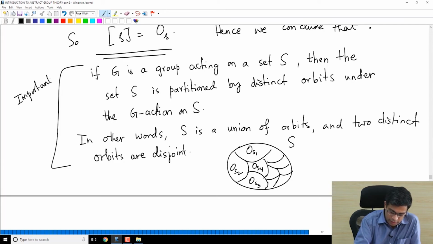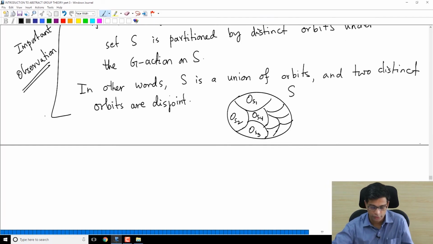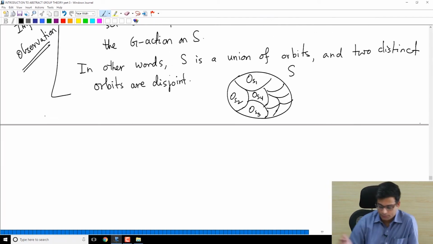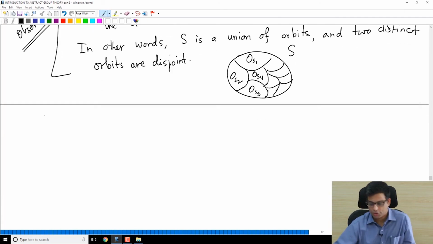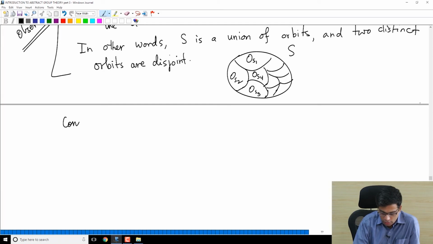As we will see later, we will make use of this observation in the future videos. Okay, so now let me introduce another important notion, an object attached to a group action. So let us now consider a group. I'll come back to this partition of a set into its orbits later, but for the moment consider a group G